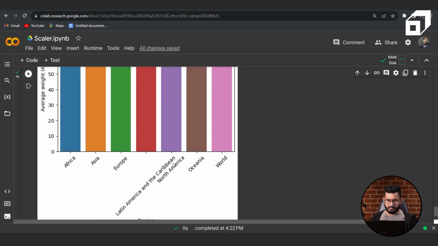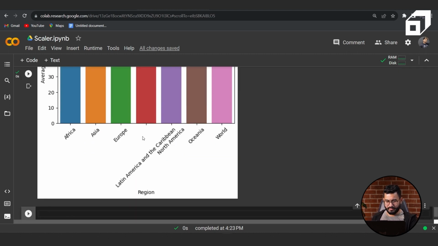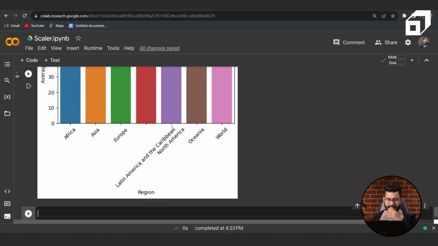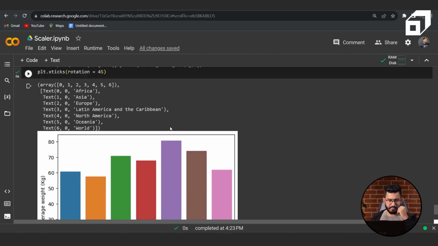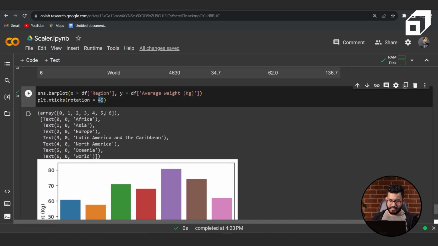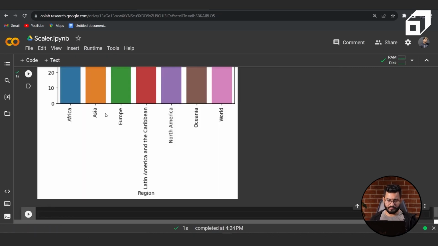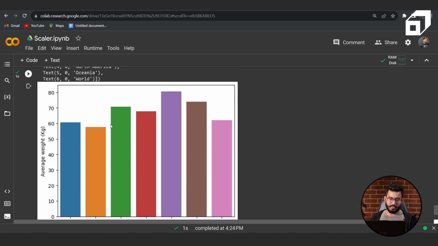Okay, so these two are getting overlapped. This should be over here, but it is coming on this side. Now the problem is, since we are using 45 degree rotation, the x-tick for this particular bar is shifting towards the next bar. The very simple solution for this is, let's make the x-ticks 90 degree, which is like perpendicular. And now you can see that we are able to get all the x-ticks properly, and the plots look